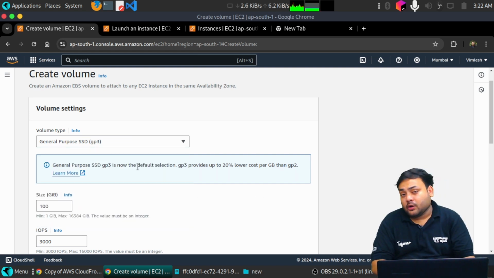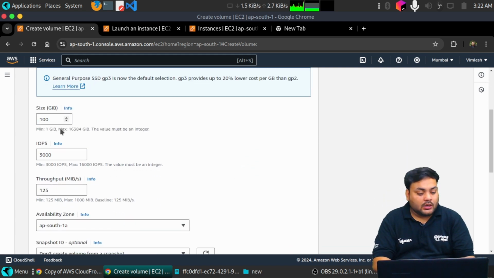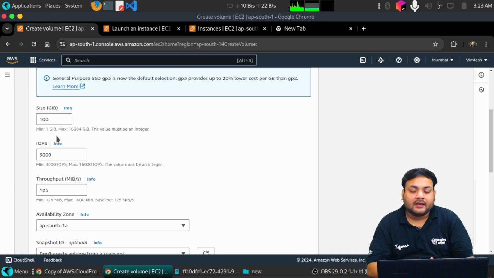So we have lots of options. You can choose any one as per your requirement. Also, earlier we only had GP2, but they introduced GP3 very recently. And when we are using GP3, we can reduce the cost of using